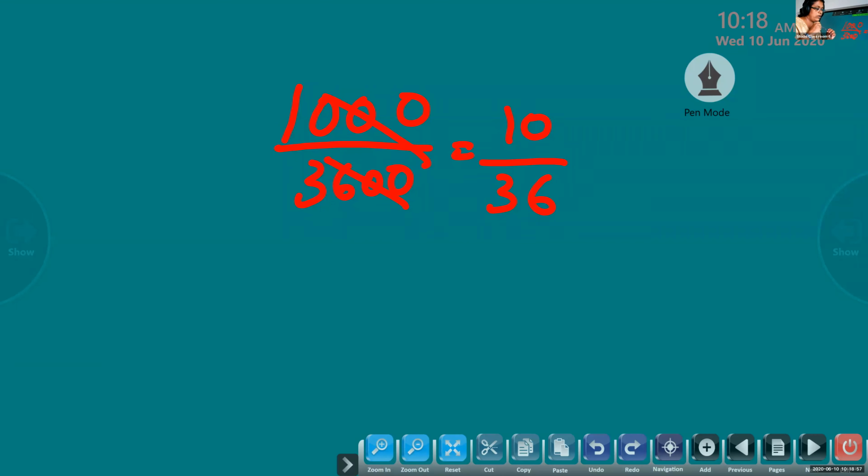Now again we can make it short. It's divisible by 2. So you will get 5 by 18. Is it correct? 5 times 2 are 10, 18 times 2 is 36. So once you do the problem, you don't have to go for this big thing. You just multiply with 5 by 18. That's enough. Okay. Did you understand? Anyone has a problem how I made it 5 by 18? It's simple maths. You already learned it.